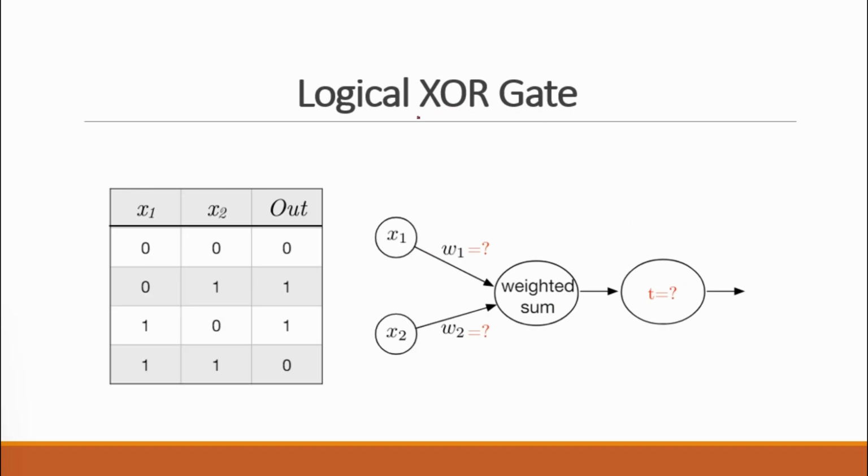And then another one: can you implement a logical XOR function using this McCulloch-Pitts neuron? Here's the table of the XOR function. Can you find the weights and a threshold such that this simple model can implement an XOR gate? This was just a brief introduction. Just think about this XOR question, and we shall see whether it is possible or not together in another video.